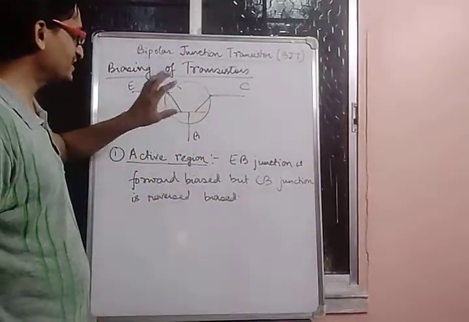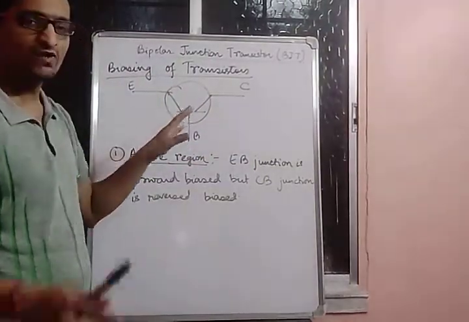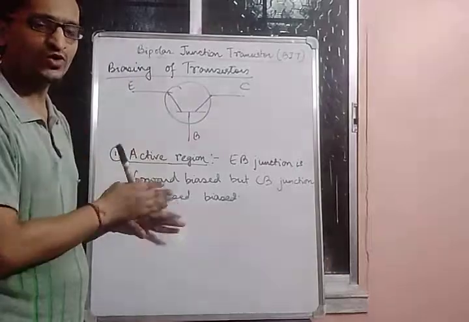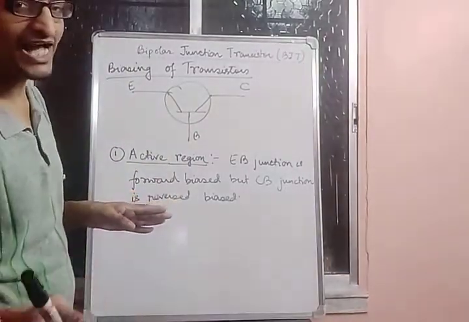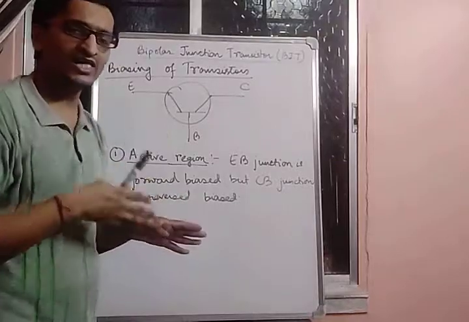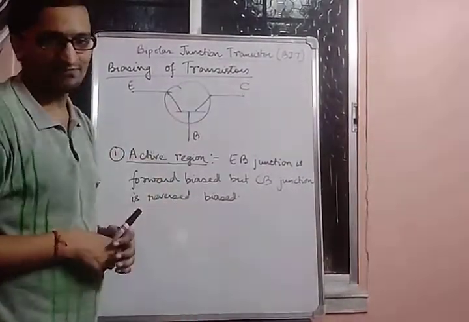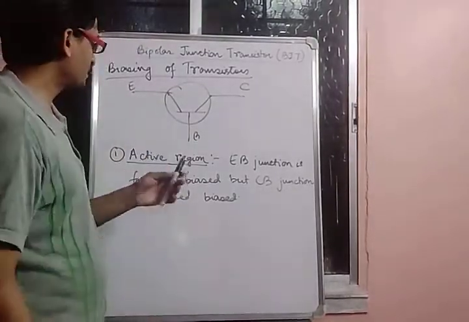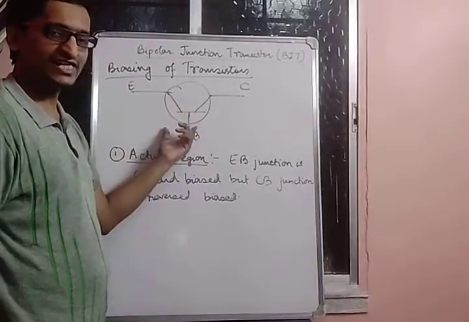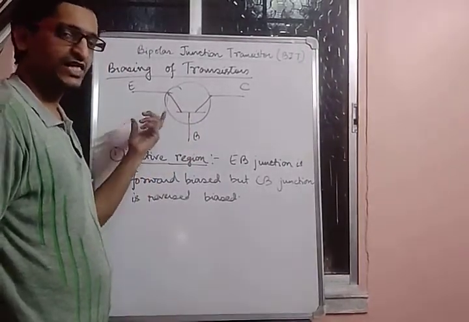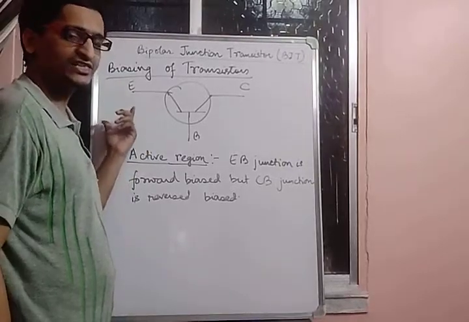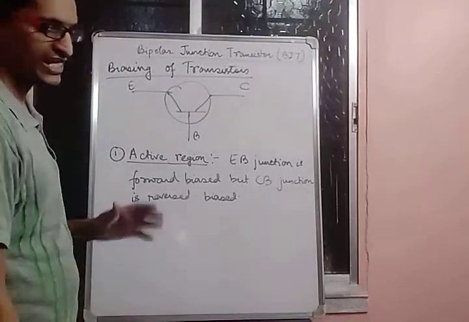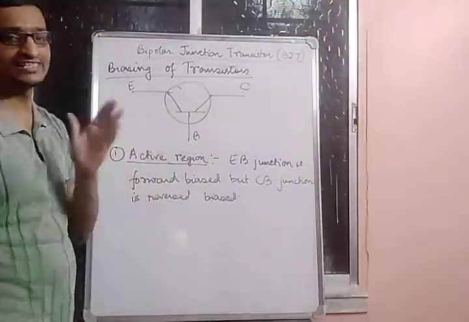So what we are doing in case of a BJT is transferring a signal from a circuit having low dynamic resistance to a circuit having high dynamic resistance. From there comes the name transistor: trans comes from transfer and ester comes from resistor. So basically this BJT is a circuit where a signal is transferred from a circuit having low resistance to a circuit having high resistance. So from there comes the name transistor, trans for transfer and ester for resistor.